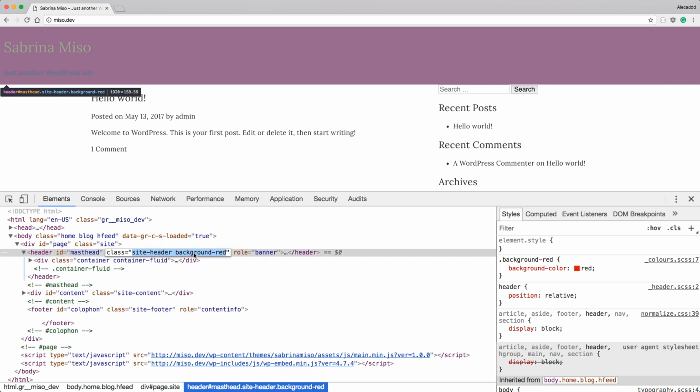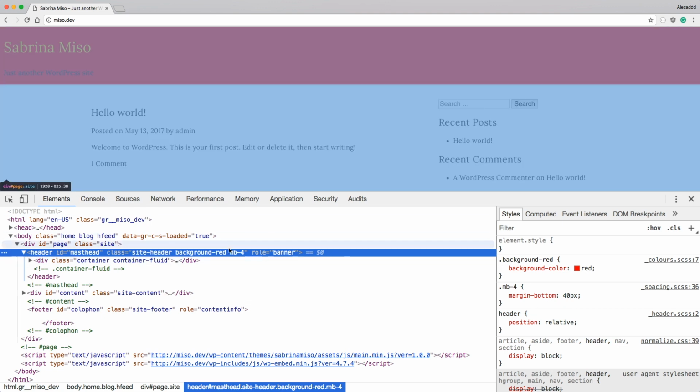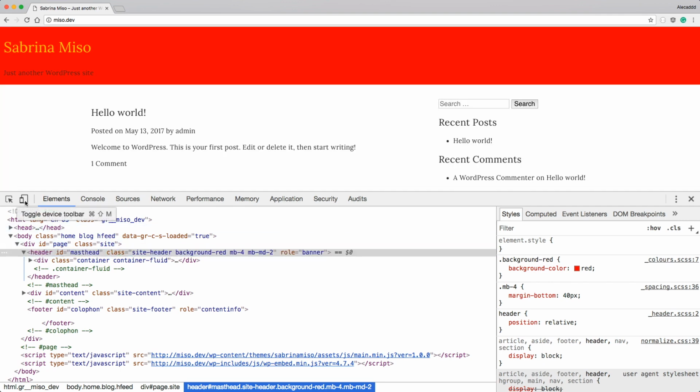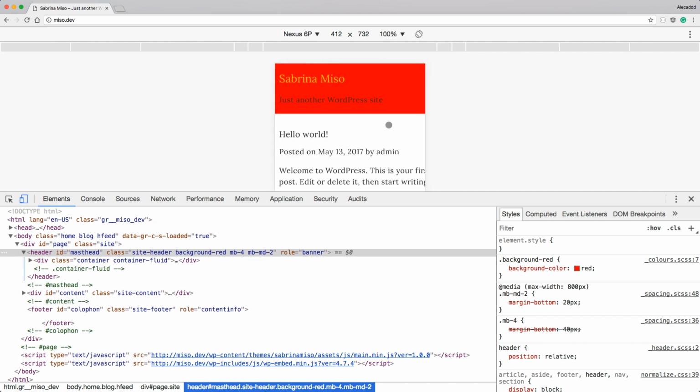To do it, I just simply have to type margin bottom 4, because it's 40 pixel, and there you go, automatically we have a margin bottom of 40. And then I want to say that at medium size, this has to go half, so it has to be 20 pixel. And let's simply write margin bottom dash MD, that is the same name of the media query, MD medium 2. Hit enter. Nothing happens, but if we activate the resize tool here and we put this as 100%,